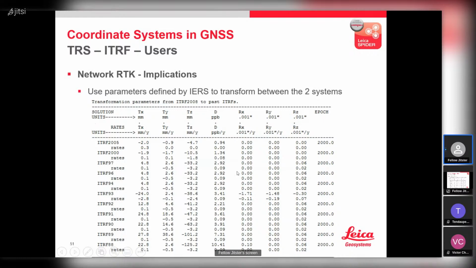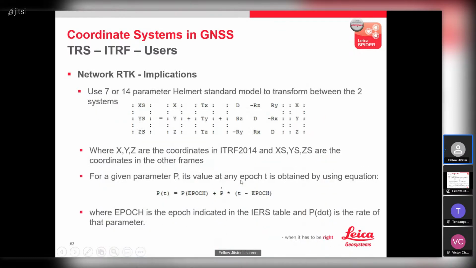And this transformation includes basically 3 shifts, 3 rotations, and a scale factor. This can be expressed as either a 7 or 14 parameter transformation model. So if you want to go to coordinates, let's say, in a different realization, you start with the current realization plus 3 shifts in space, then 3 rotations plus scale factor, and that will give you the coordinates in this new